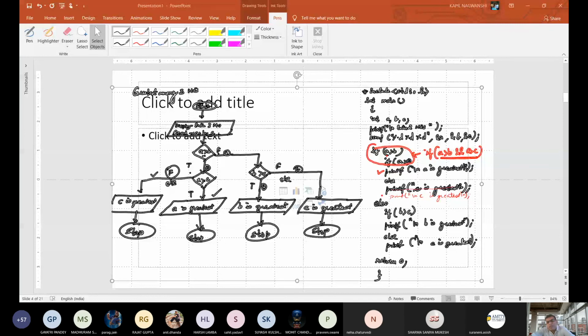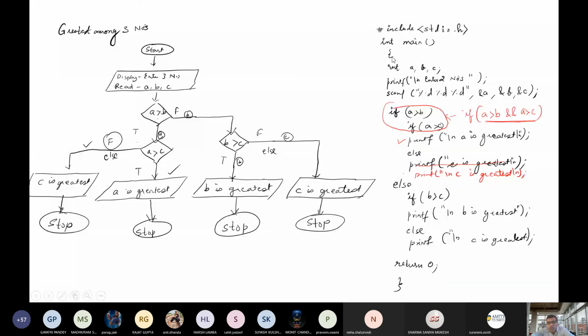So why I had explained this program, because to understand the beauty of this flowchart, why this flowchart is used here. Okay, using this flowchart, you are very sure how to write. If both the statements are direct short circuited, then you can write in short circuit manner. Like if A is greater than B, and if we are going for true, then you can directly put AND over here and write A is greater than C. You can also use another, no, you cannot use. Why? Because this is false. So false is not short circuited. Only true is short circuited.